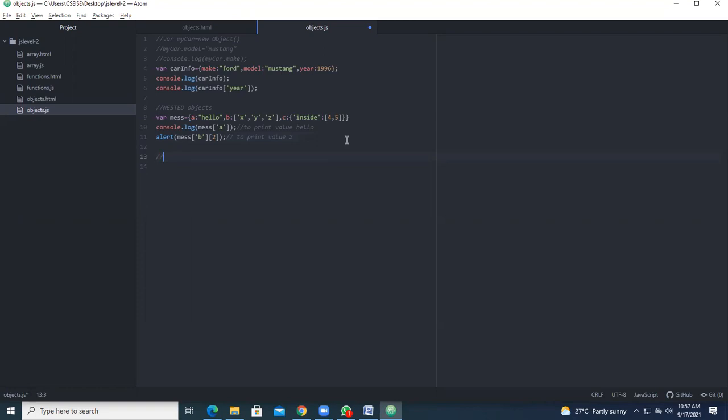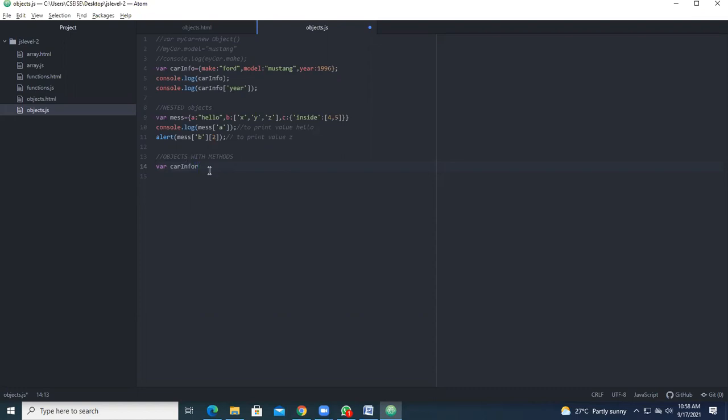That is objects with methods. So come for the concept, objects with methods. So how to give, while creating an object, the value or call a function with the object? Okay, so take the same thing. So take var with carInfo.